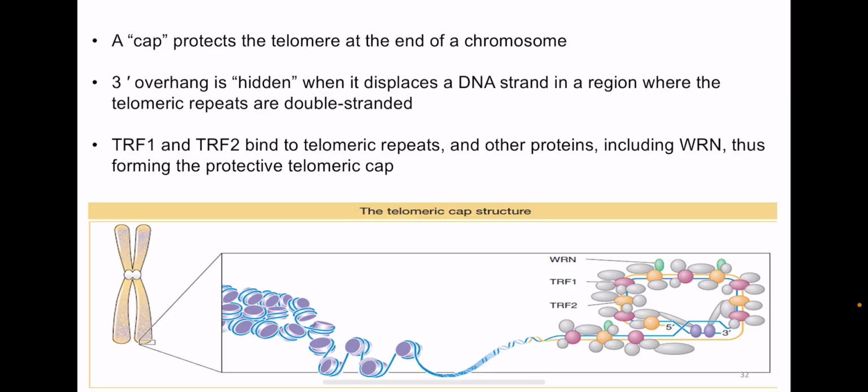Double strand breaks in chromosomes, in DNA, are potentially very dangerous, and they can result in chromosomal instability. So the cap that I said telomeres can associate with different proteins to form protects the telomere at the end of a chromosome. It actually hides, in quotes, the 3' overhang when it displaces the DNA strand. So these are part of the proteins that form the